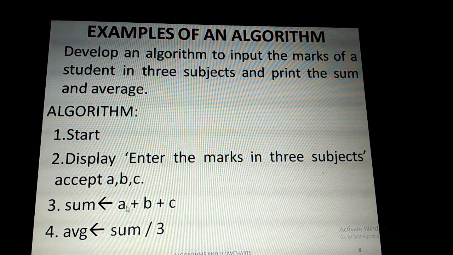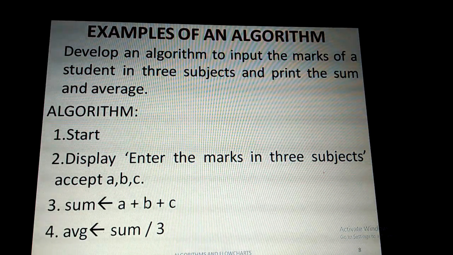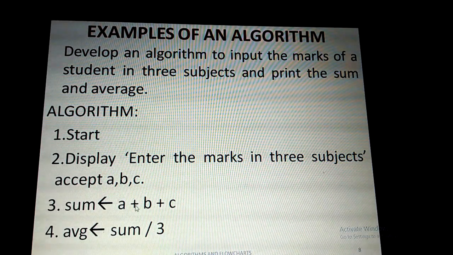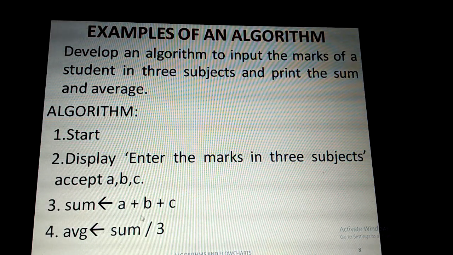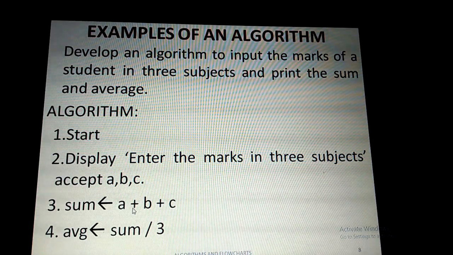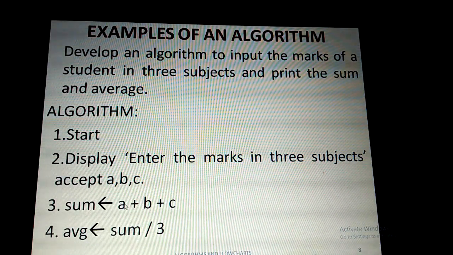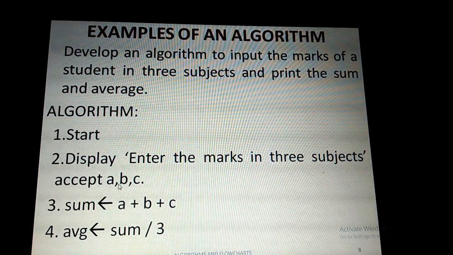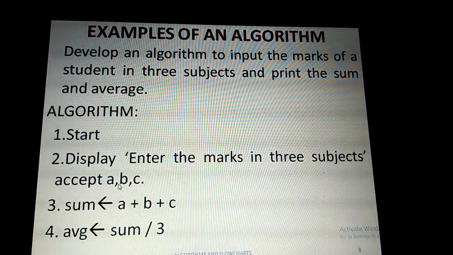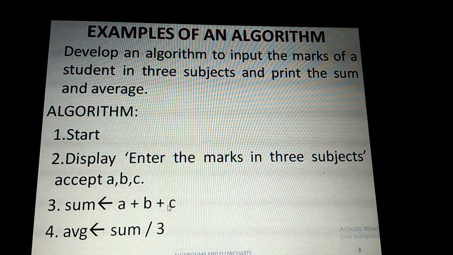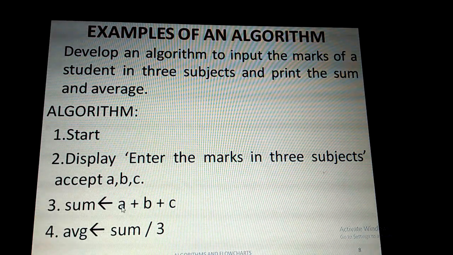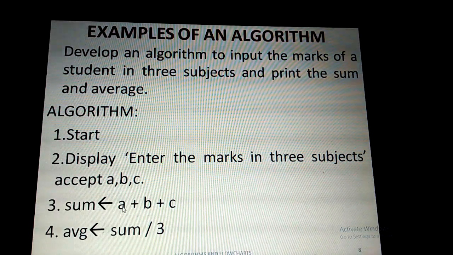So next we need to find the sum of the 3 variables, that is 3 subjects marks we need to add. Okay, to get the sum of 3 subjects marks, what we need to do, we need to use the plus operator, and we need to add all these variables values together. So we already got in second step the values for variables A, B and C. Now we are adding these variables, because normally variables are memory addresses of the values.